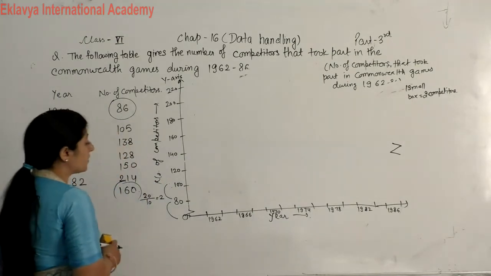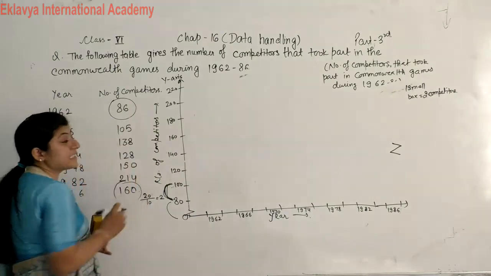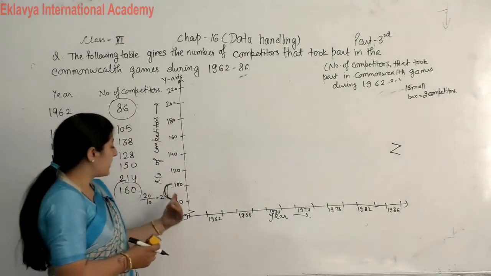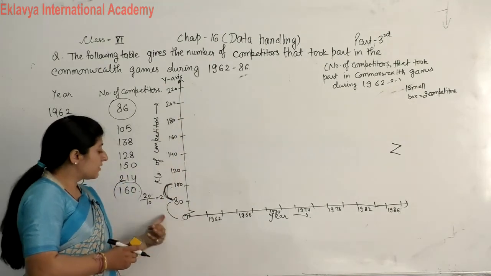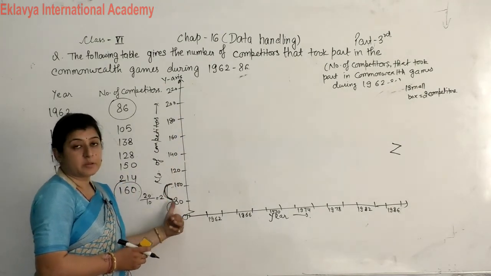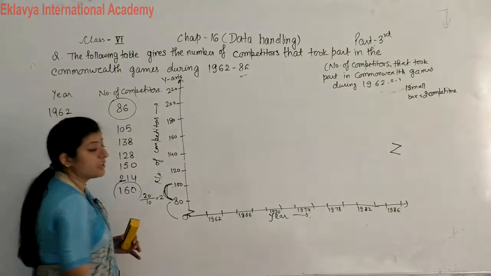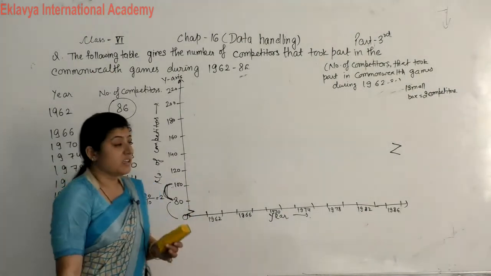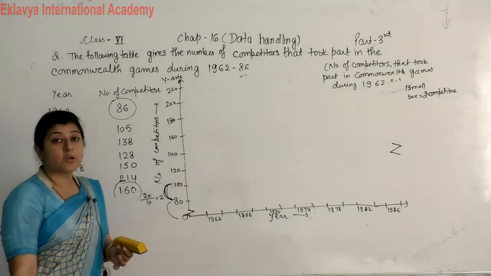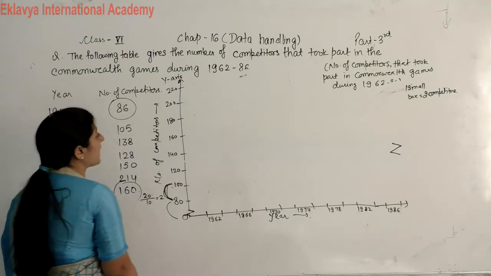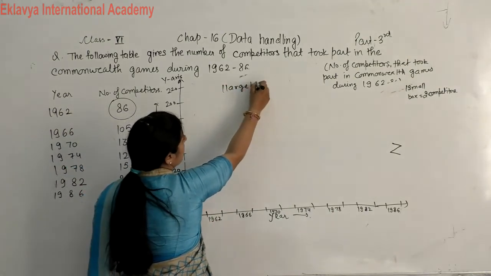Again, see how to decide it. This one gap should all be the same. I am taking a 20 gap, so they are all 20 gaps. But this one gap we can take as more, but for this we have to show the sign of kink. Now this value of 20 is equal to one large box. We can say one large box is equal to 20 competitors.